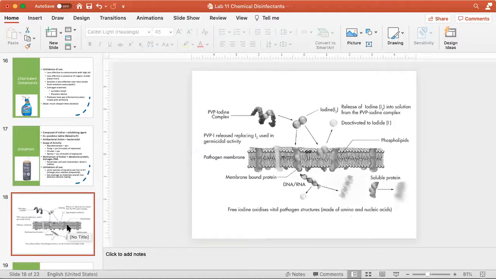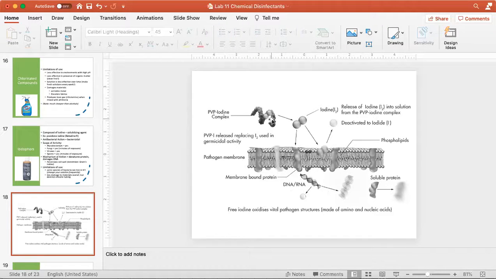This slide is just an image of what the povidone iodine or the other iodophore is doing when we spray it down onto a surface. This here in the middle of the drawing represents a piece of bacterial membrane. So you have to imagine that there's a big cell here, and we've cut off a little bit of the membrane so we can see what's going to happen. This is the inside of the cell over here, and this would be the outside environment.